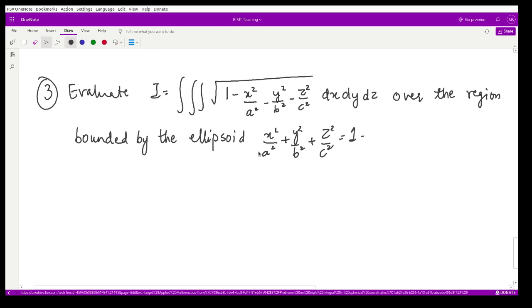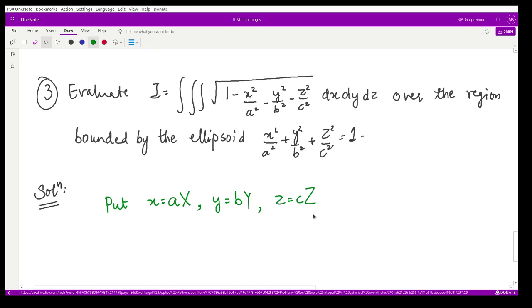1. Now at the first look, you cannot say we can solve this question using spherical polar coordinates. But if you make one more conversion here before going into the spherical polar coordinates, then it would be more easy. So let us see how you can do that. So firstly you convert this like this. So firstly you substitute, instead of small x, small a into capital X, instead of small y, small b into capital Y, instead of small z, small c into capital Z.